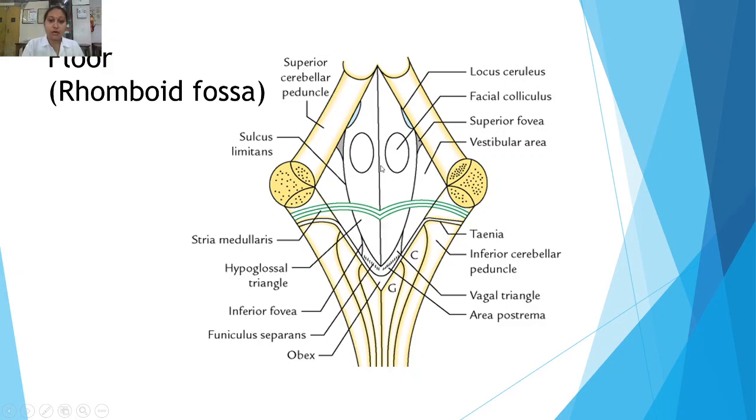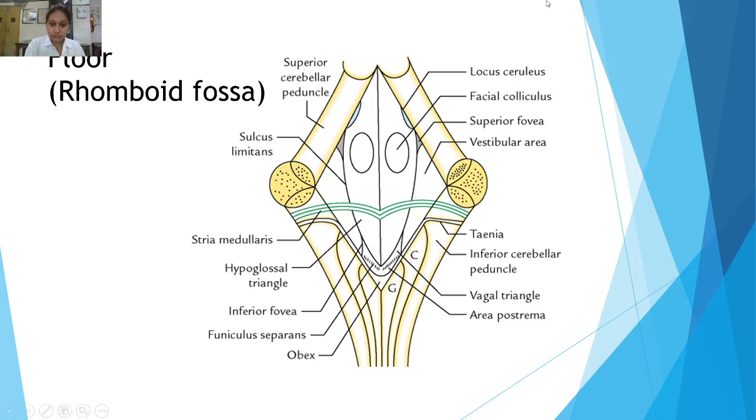On either side of the median sulcus, there are two large eminences. Here we can see two large eminences elongating along the whole floor of the fourth ventricle. They are known as medial eminences, right and left. Medial eminences are laterally bounded by sulcus limitans. Here you can see this is the sulcus limitans, the lateral boundary of the medial eminence.